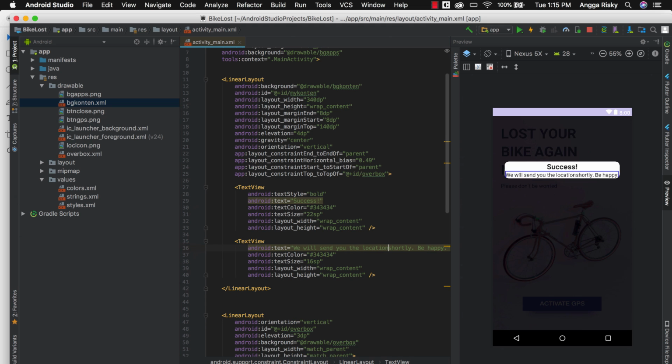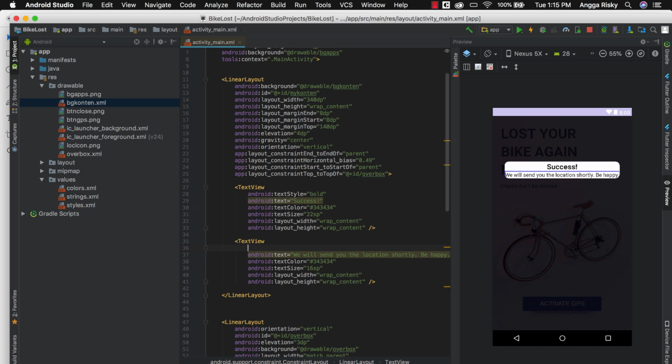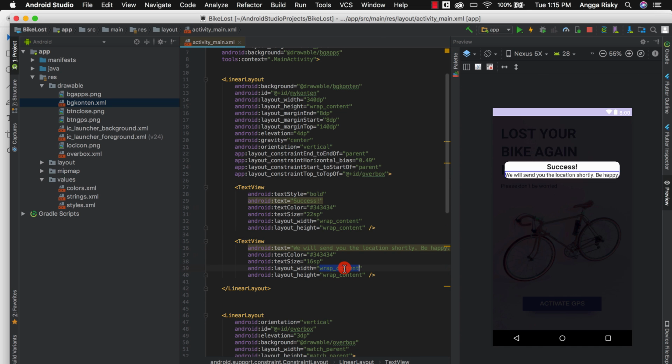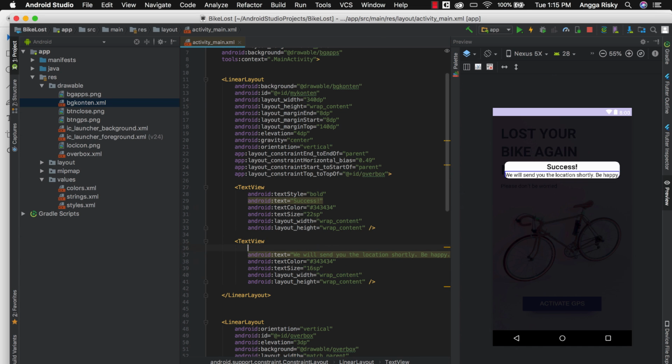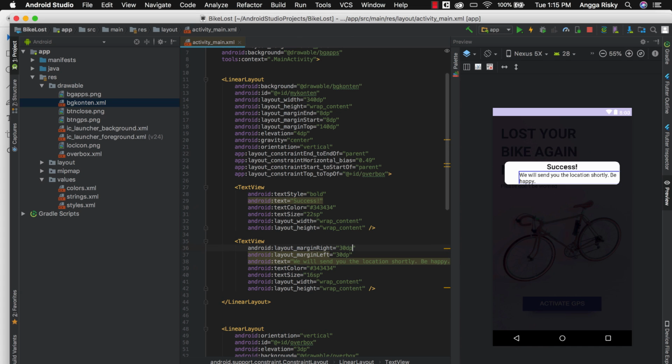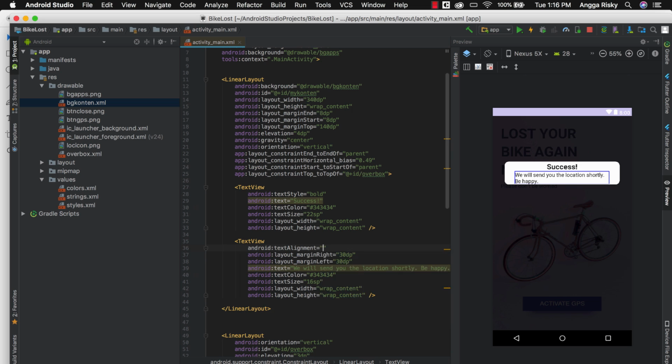And then I want to set the margin left supposed to be 40 dp, no, 30 dp, and then margin right 30 dp. Okay, and text align center, and I think I want to increase this again to make it shorter.